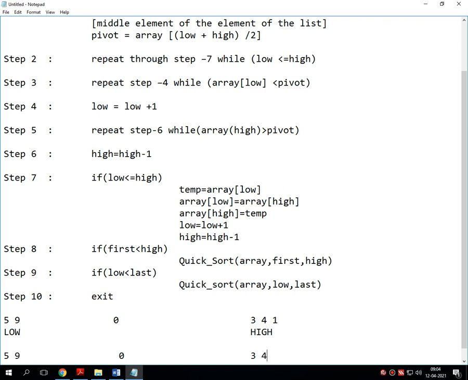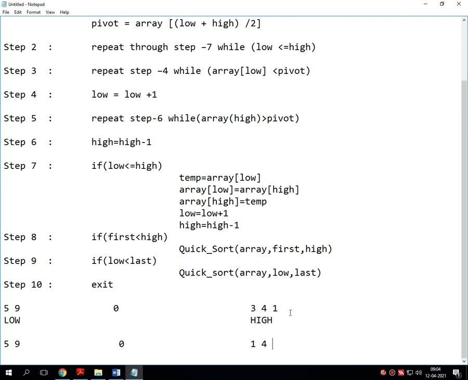In comparison of 3 and 4, 3 is lowest and 4 is highest. Then again it compares with 1. At that particular time 3 is replaced with 1 and 1 is replaced with 3. Then 4 and 3 are compared. At that comparison 4 is replaced with 3 and 3 is replaced with 4.